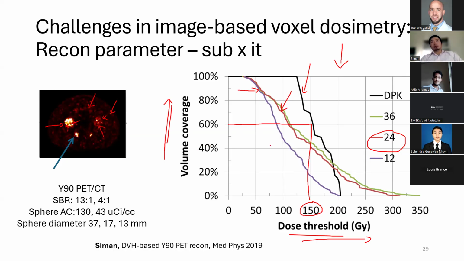The point that I'm trying to make here is that depending on how you reconstruct it, the image looks different, and then the quantification looks different as well. In diagnostics, normally what you do is apply a smoothing filter. If you apply a smoothing filter, then you can smooth this out and increase the uniformity. However,